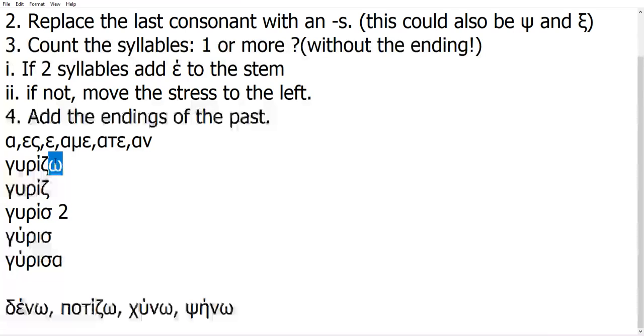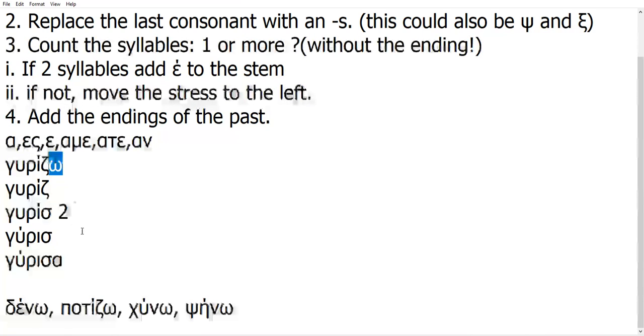So basically, remember, to find the stem, what you have to do is remove the ending. You may not know the stem of a verb, but you know the endings, because the endings are common in group A. All verbs of group A have the same endings. So you find the ending, you take it out, what is left is the stem. Another thing that can help you if you have difficulty: the ending either is a vowel or starts with a vowel in group A, and the stem always ends with